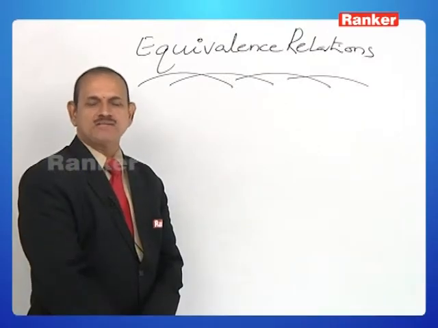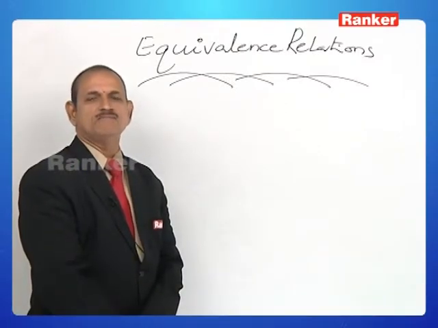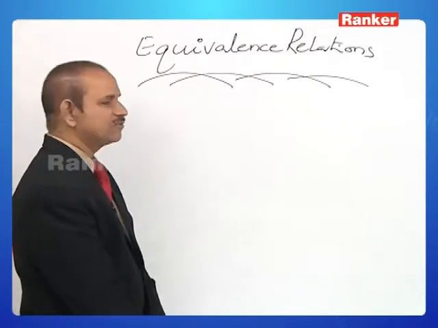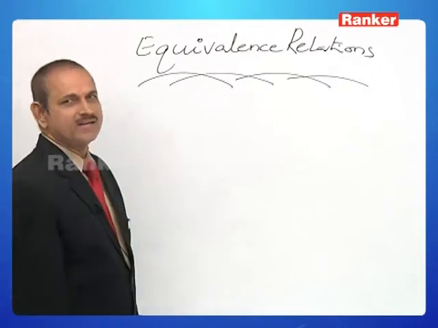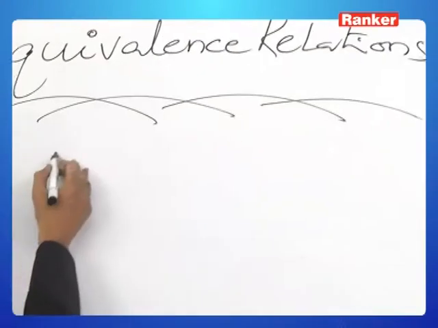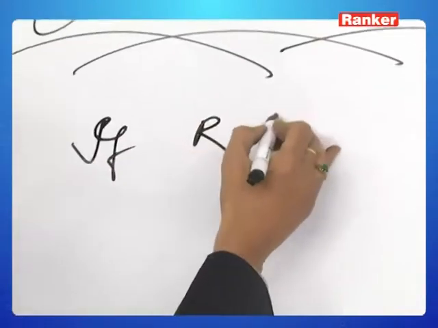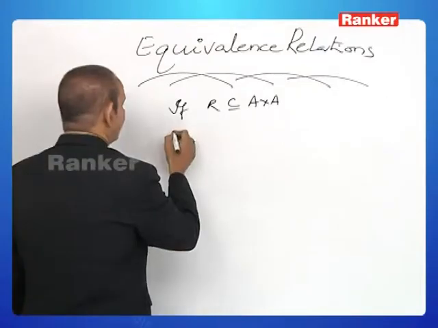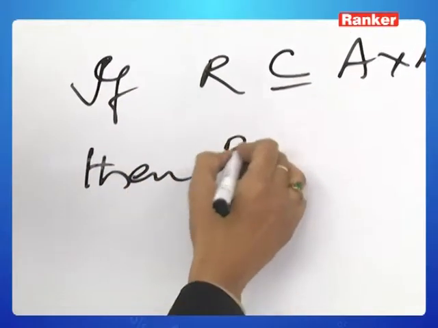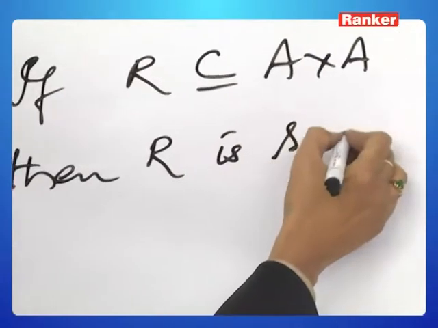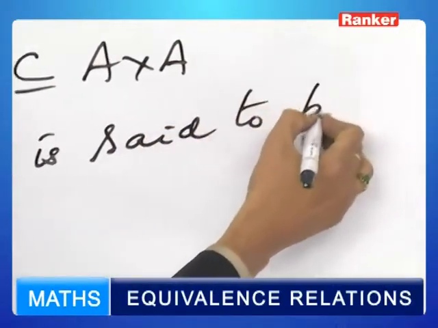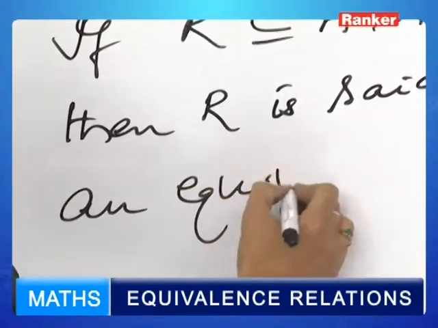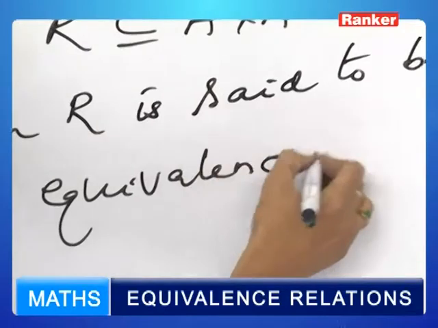One of the most famous, useful, important, prominent relations is an equivalence relation. What is meant by an equivalence relation? If R is a subset of A cross A, where A is a non-empty set, then R is said to be an equivalence relation